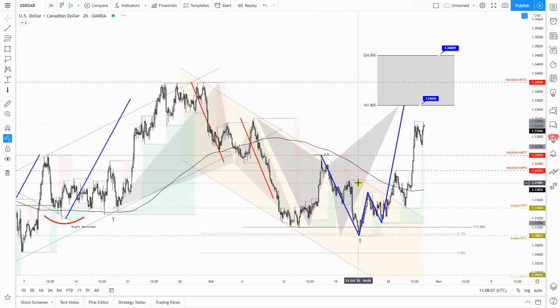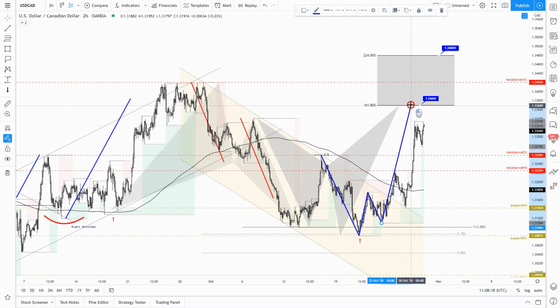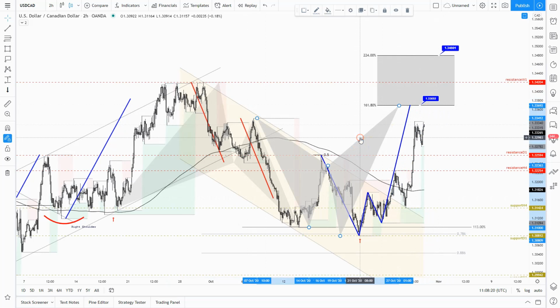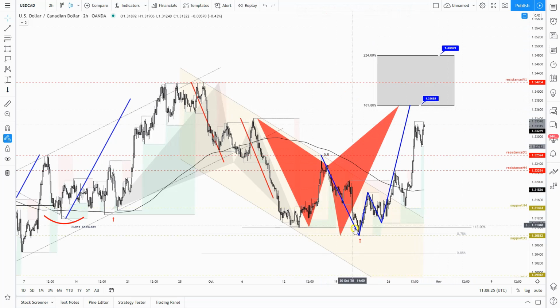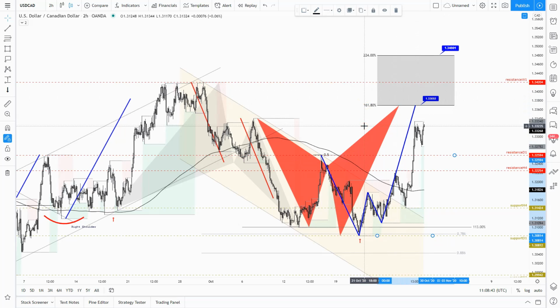I projected this pattern before, actually as soon as the price violates this descending channel, so I projected the pattern above, converging with the bearish sharp pattern, the red one, and those blue lines representing the bearish crab pattern, both using the same extension, the extension of the same move to identify the completion point, which is the same golden Fibonacci extension level,